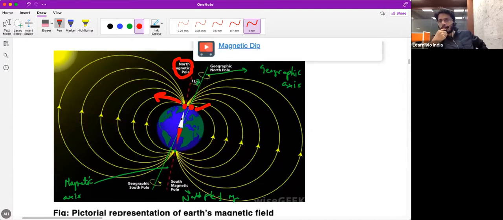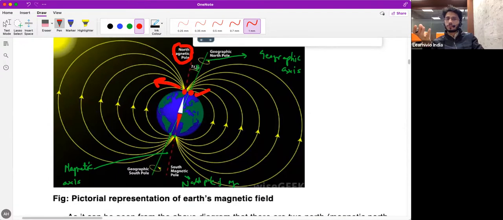Is it usual behavior or unusual behavior? Unusual. Why? Because north is attracting north. Usually north repels north, south repels south. Here north is attracting north. So basically what happens is this north of Earth's magnetic field is actually a south pole. It behaves like a south. And this pole that we call south magnetic pole is actually a north. We name it south pole because it's close to the geographic south. Otherwise, if you name it north pole, it will become very confusing that near the geographic south pole you have another north.